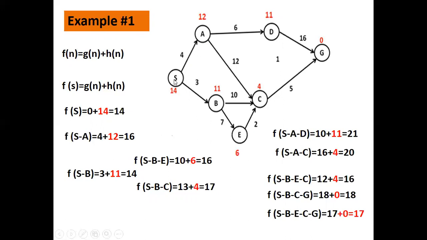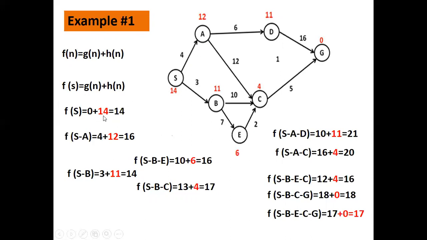We'll try to reach from start state to goal state with the minimum cost. Now, these are the actual costs associated with the edges. Like from S to B, if you move, the actual cost is 11. So, let us look at the example. Let us start with the start node. So f of S is equal to 0. Why 0? Because the actual cost of reaching S from S to S is 0.